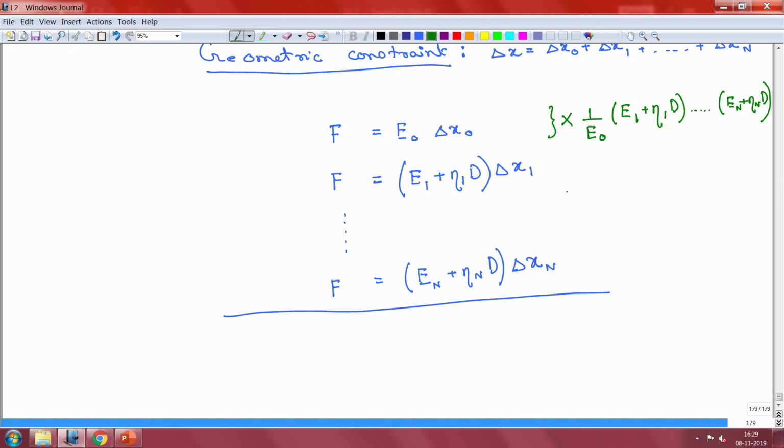Similarly, for the second case, please remember always that when I write it like this, because the equations have become too cumbersome, I do not want to write it on both sides. But what I am implying is that this factor has to be multiplied on both sides, the left hand side and the right hand side. Just because I am writing it on one side, do not get confused. This is just for the sake of space. In this particular case, you already have this factor there, so we can leave that out, and you can multiply this entire thing with E 2 plus eta 2 d, and going all the way till the end.